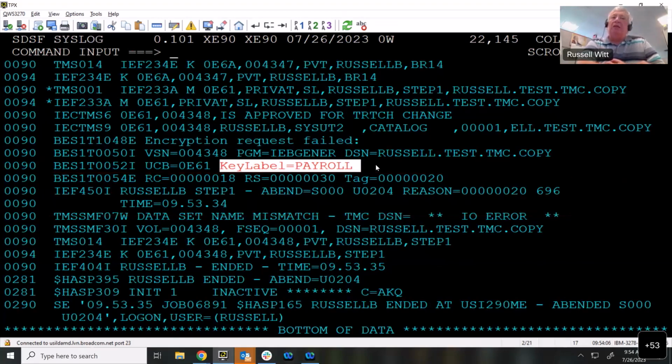So if you are already using pervasive encryption, and the DS key label is specified via SMS data class or your external security product, you'll want to make sure that all of those key labels are defined within BEZ, so that if a tape is created using a DS key label that comes from someplace else,